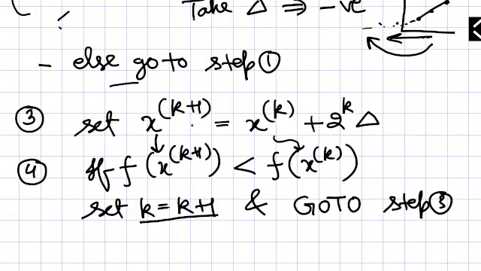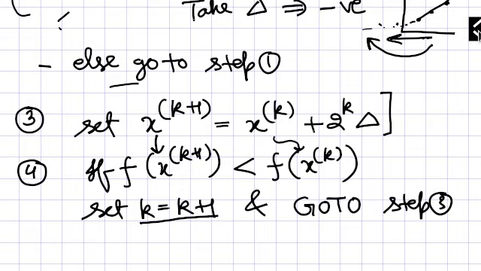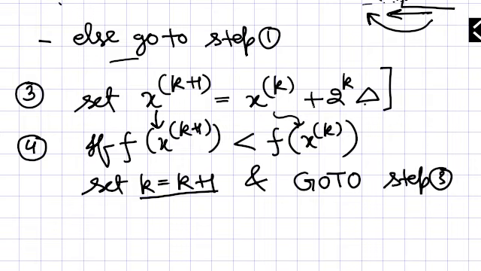meaning here it was 0, you had set this at 0, and after that you came here, it is still 0, then you will make k equal to 1 now, and you will go to step 3 again. Then you will again set the value of x like this, and you can see that you are increasing the increment, because in the first step this value was to the power 0, and in the next iteration it is now to the power 1. This way you will increase your increment.